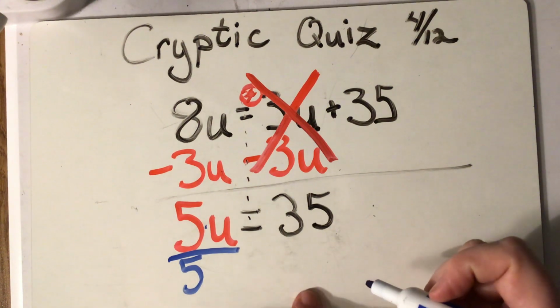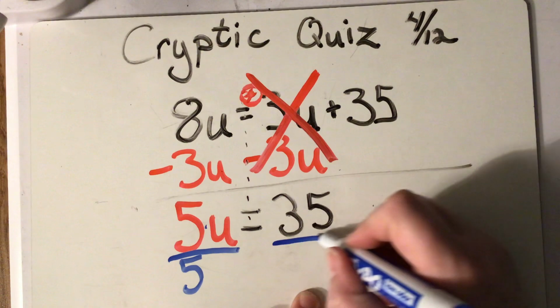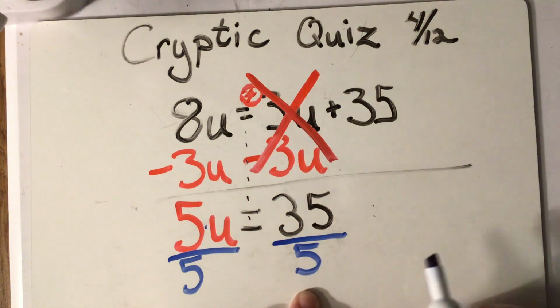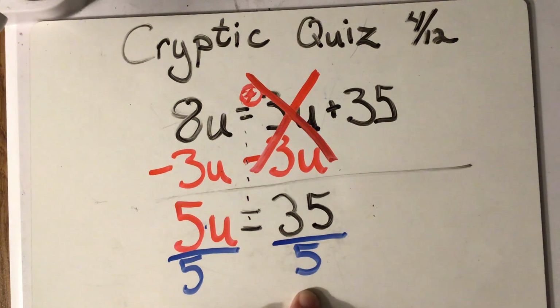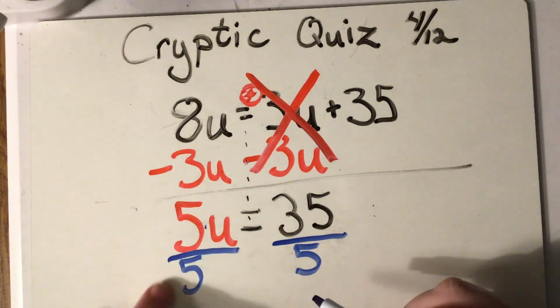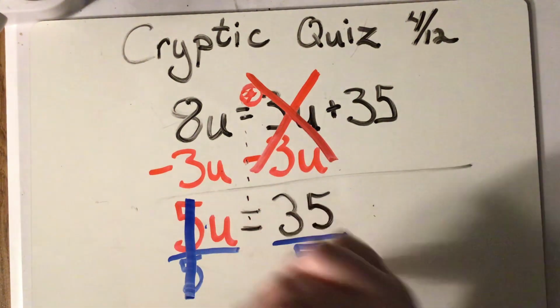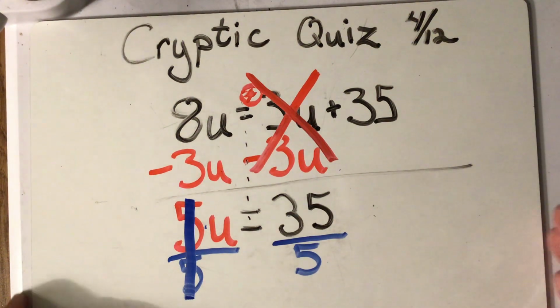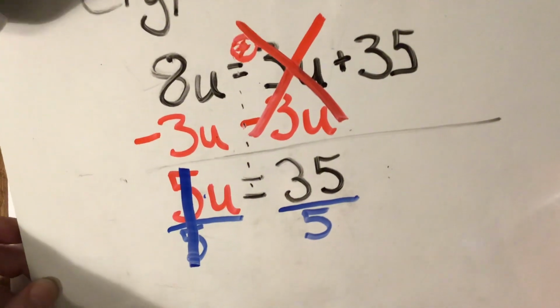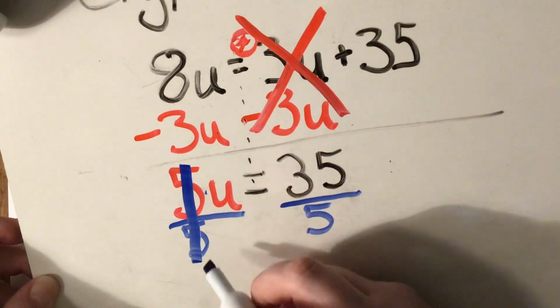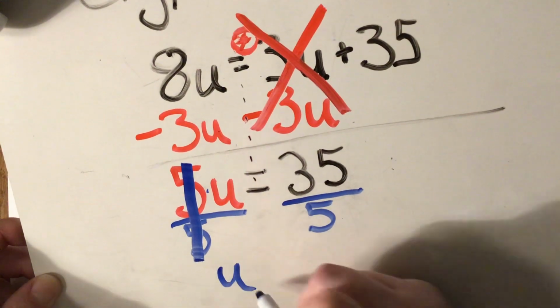Whatever we do on this side, we have to do on this side. We're going to divide by 5. Okay, now I'm going to have my answer because these guys, 5 divided by 5 is 1. So this is going to be a big giant 1. Those guys get crossed out. And I am left with only the u. U